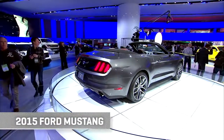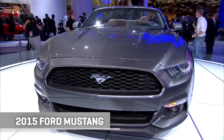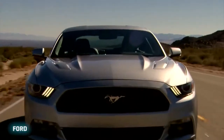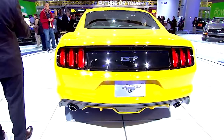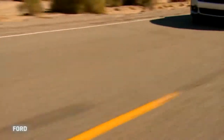The Ford Mustang wasn't unveiled here, but we got our first really good look at both body styles and that new engine choice that is raising a few eyebrows. Ford's done a real major redo on this car. It still looks like a Mustang, clearly, but it's less parodic, if you will. It doesn't have that kind of big haunches and squared off face look, although it's much wider in the back now in actual measurements compared to the previous vehicle, which gives it a more interesting stance and perhaps better road